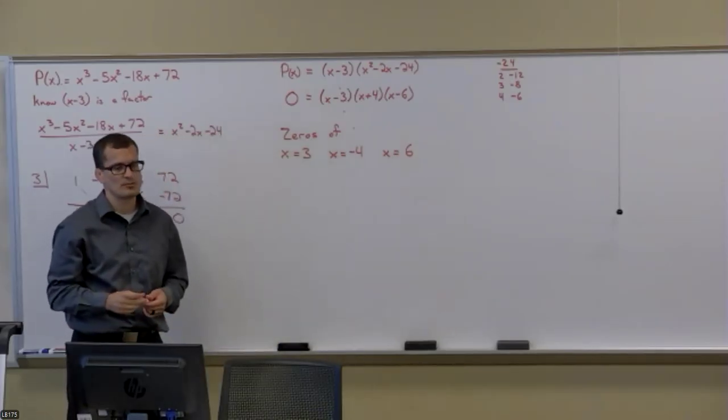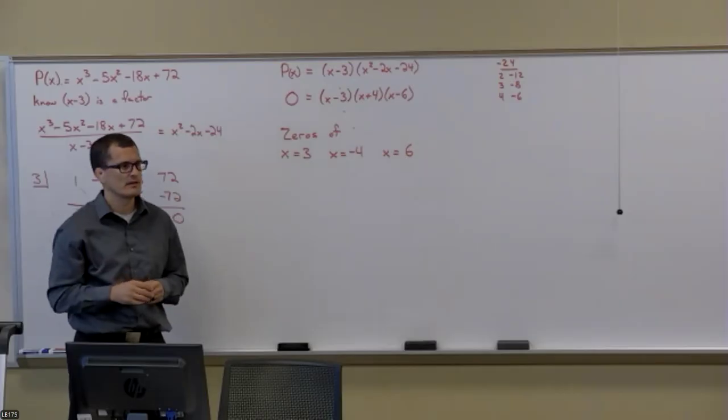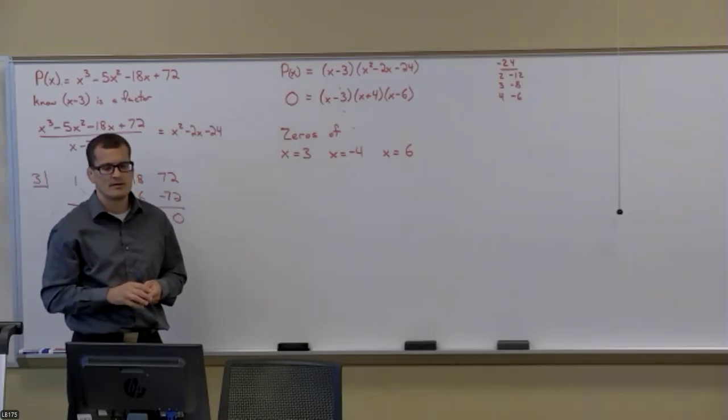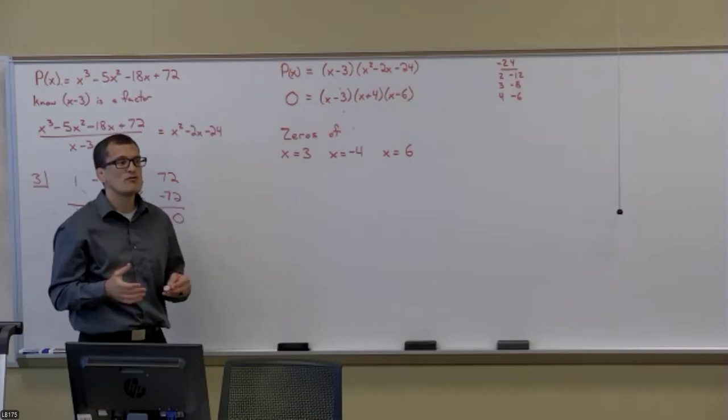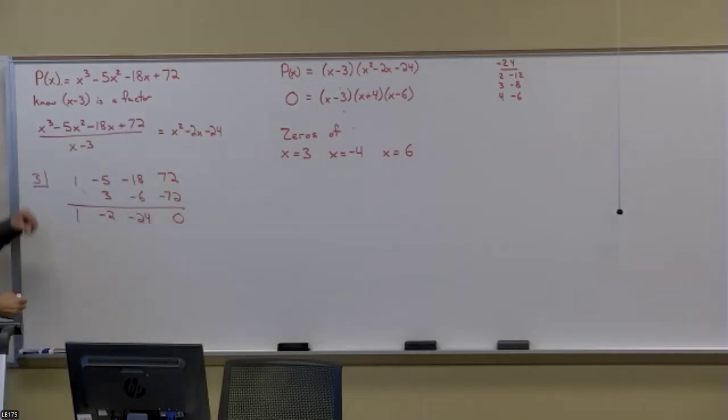Each of those have multiplicity 1, but everybody okay with that? So the goal for finding zeros is to essentially find an initial zero and then break